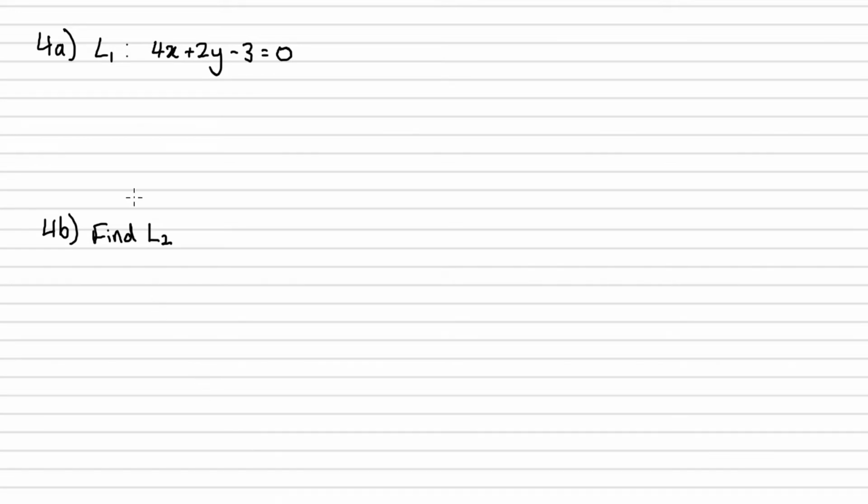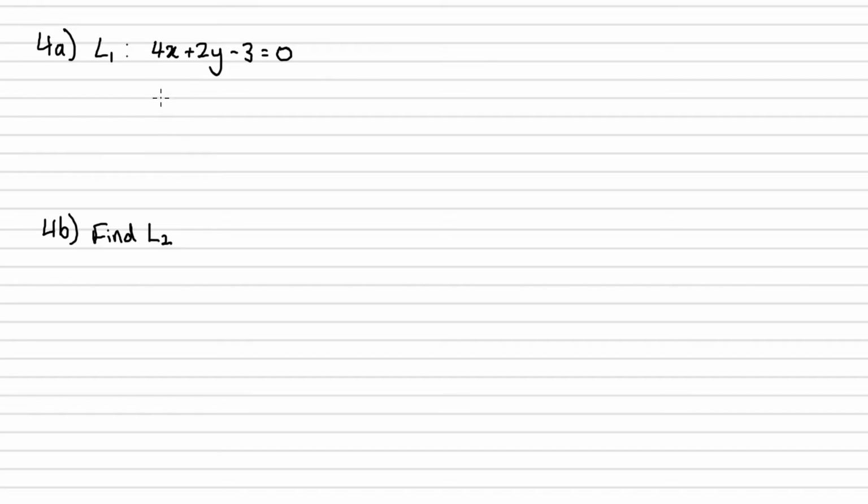Hi. So for part A of question 4, we are told that the line L1 has equation 4x plus 2y minus 3 equals 0. And we've been asked to find the gradient of L1. So what I'm going to do is rearrange the equation of this line to get it into the form y equals mx plus c. And then I know that the gradient is the coefficient of the x term in that